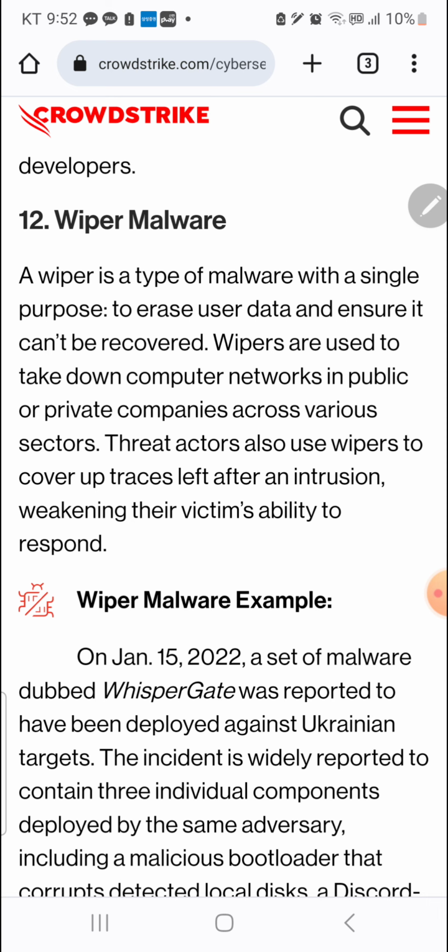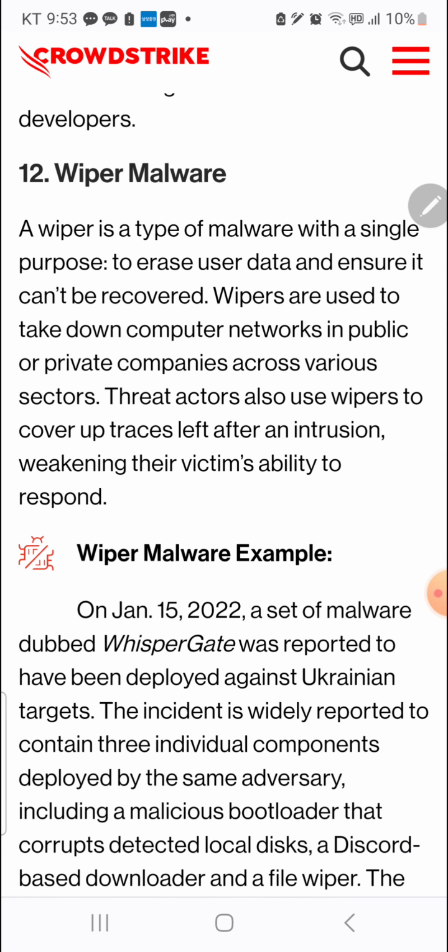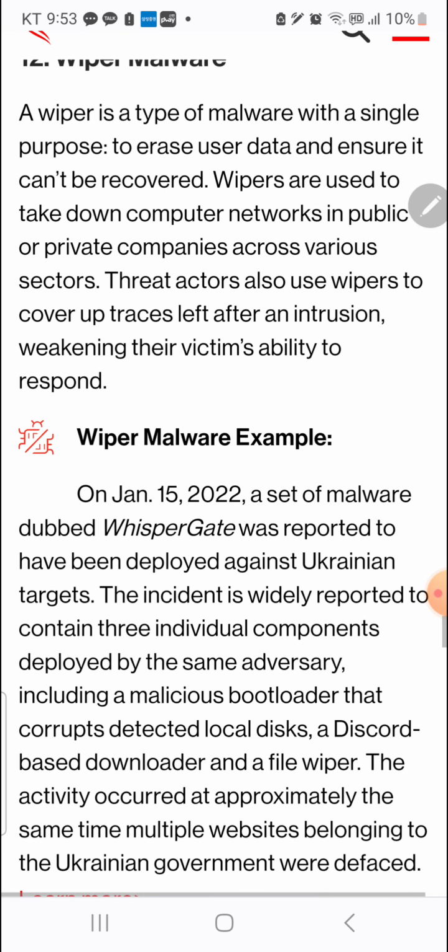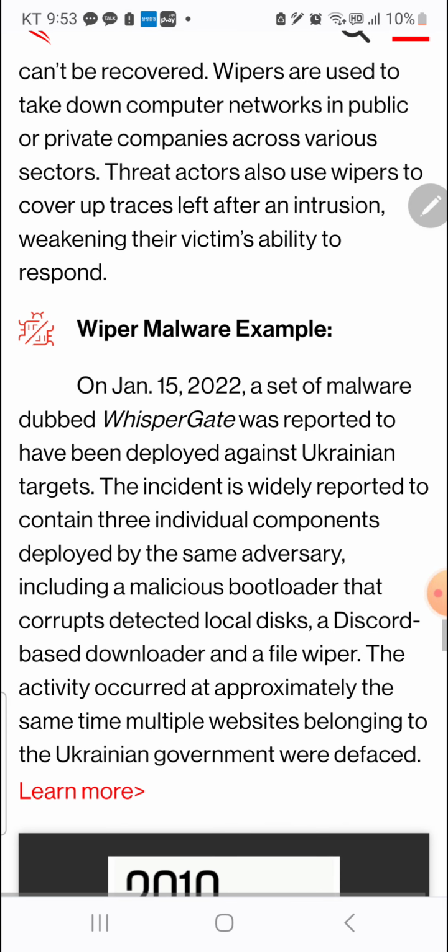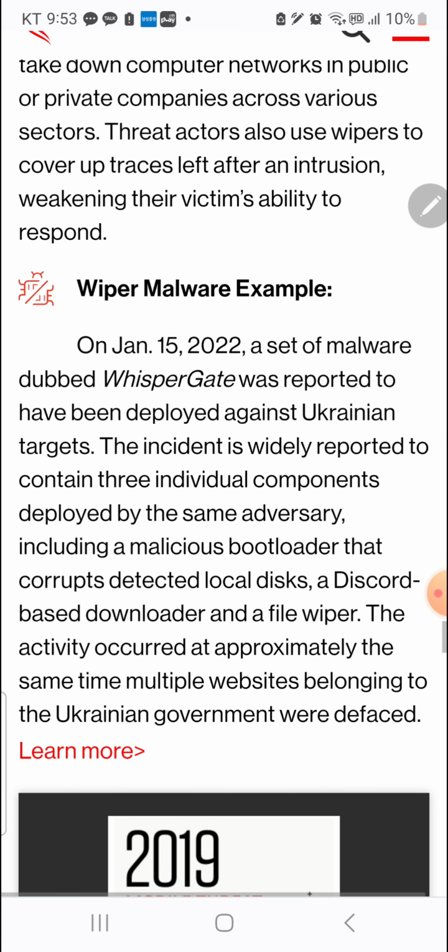A wiper malware erases user data and ensures it cannot be recovered. Wiper malware example: on January 15, 2022, a set of malware dubbed WhisperGate was reported to have been developed against Ukrainian targets.